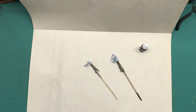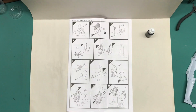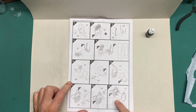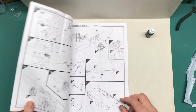Hi everybody, and welcome back to Plastic Models by a Regular Dude and part 3 of the Airfix 1/48 scale Supermarine Spitfire Mark 12. Okay, so a quick review. Last time on part 2, I did steps 1 through 11 minus the painting, which basically completed the cockpit